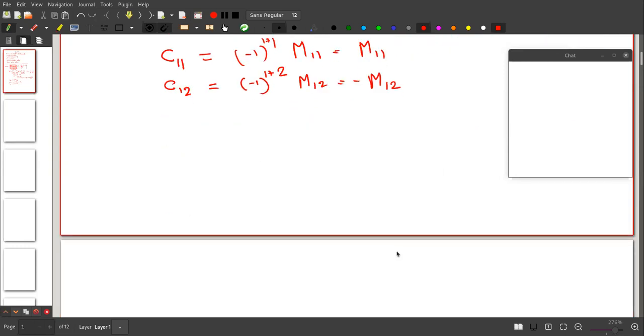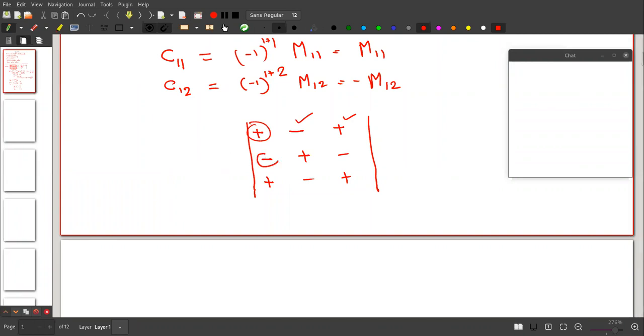So if you want to see what the sign will be without calculating this minus 1 to the power something, it will be like, we start with plus, then we write minus, then plus, minus, plus, minus, plus, likewise. So this is a 3 by 3 matrix, the determinant. We can write the cofactor like, first one will be plus, the second one will be minus, then third one will be plus. So we can take any row or any column, but we have to take into account the sign. Okay. So this was the 3 by 3 determinant.